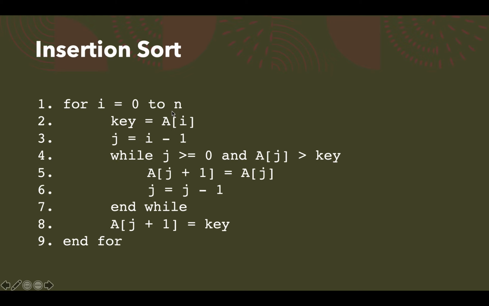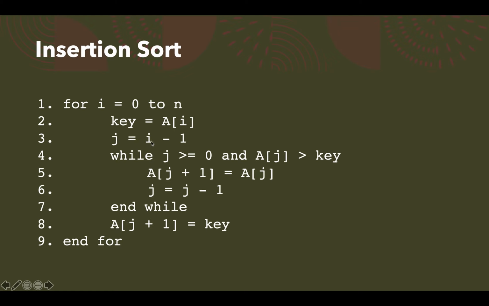So you have 13 cards to arrange, so that I know earlier. So that's your outer for loop. Then the key is the distributor, the card which you are distributing. So here the key is that I'm taking the card on the table using my right hand. So the card in the right hand is the key, okay? So key is equal to a of i.